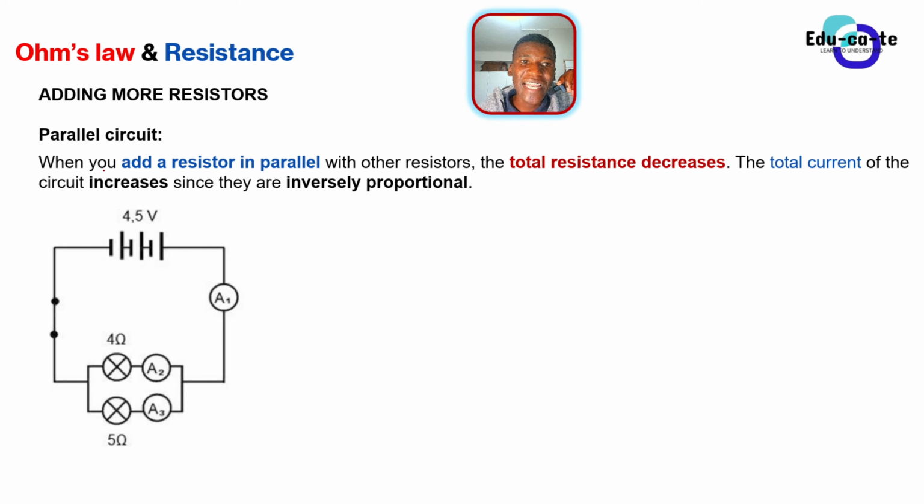So now if I say that I'm going to add a resistor in parallel, I'm no longer adding it in series. Remember, I was adding it in series and we said that the total resistance increases. Here, if I am going to add a resistor in parallel, the opposite will occur. The total resistance will decrease. Maybe I extend this and put another resistor. You can see that we already have 2 light bulbs here, a 5 ohm light bulb and a 4 ohm light bulb. Now I'm going to add another resistor, and I say this resistor will be 2 ohms.